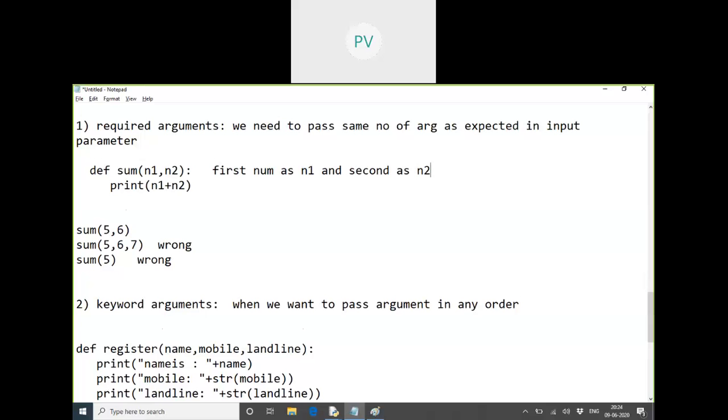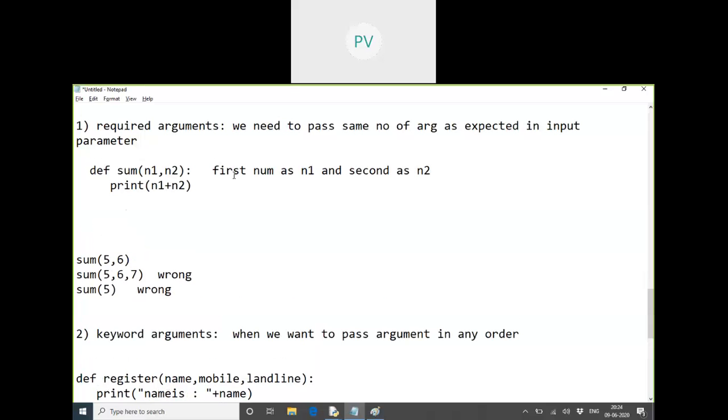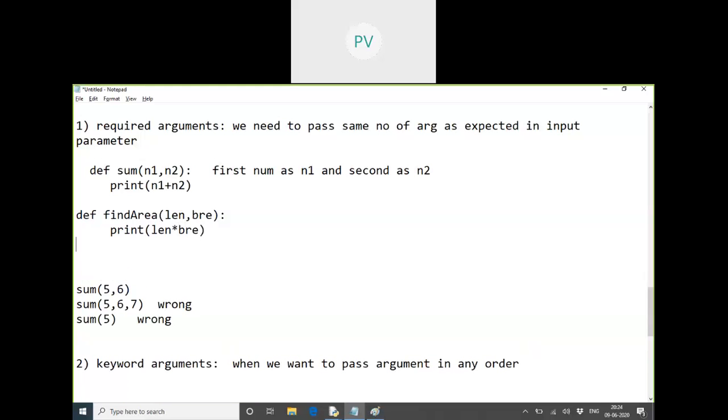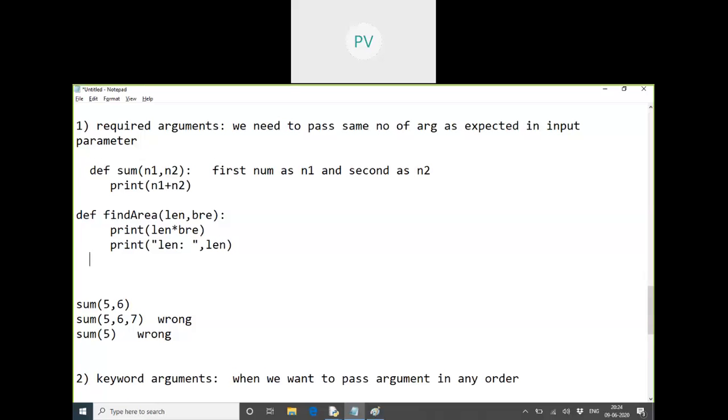So always just think like an area calculation or anything. If I say find area and I'm expecting a length and a breadth. So what will happen? Formula is okay, length into breadth only. But while printing it will go wrong. When I said that length is this, so this will not look good. The answer will look wrong if I pass the values in a wrong order. So input should be always given in a proper order as expected in the program.